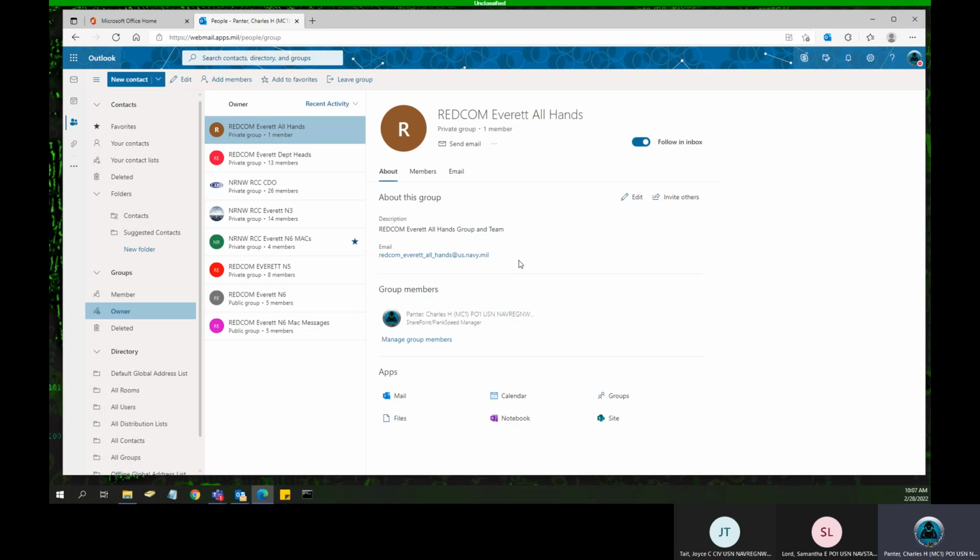So the best thing to do, from what I have learned, is to build your stuff out first and then add members. And I'm going to show you how to add members quickly, especially if you're essentially copying a team; you don't have to add members to the group individually. So we'll do that. Okay, so once we create this team, it's in there, and I want to show you